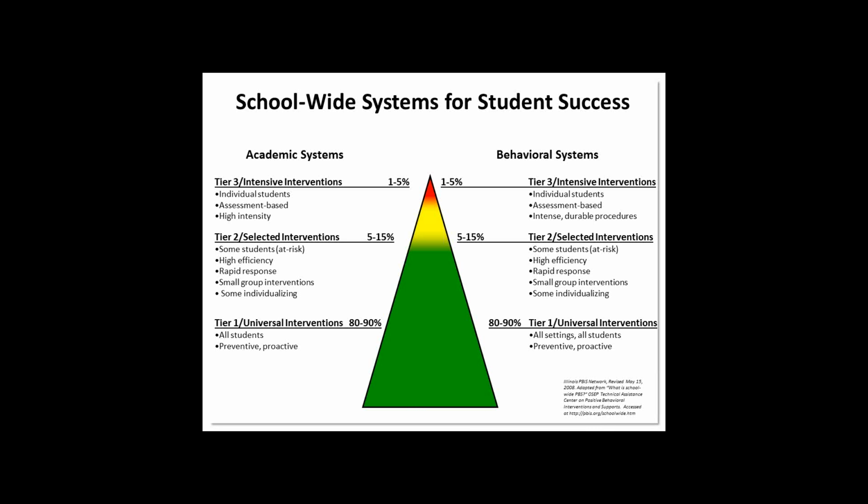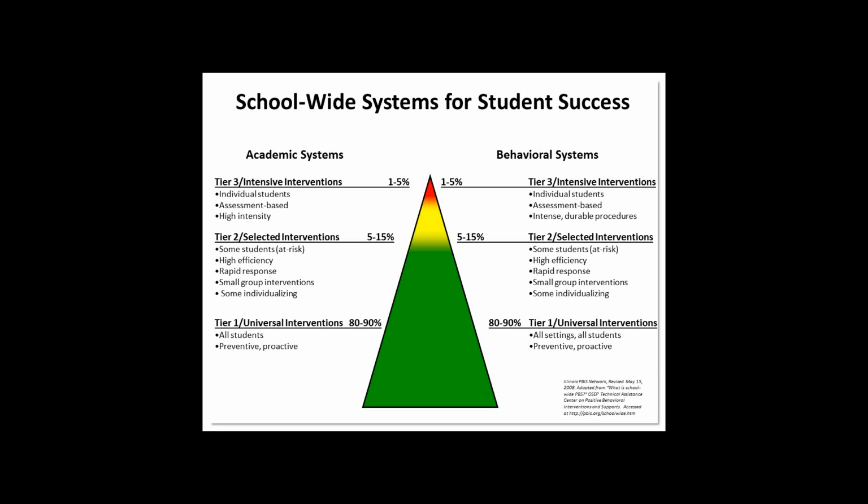And then from that, we see from our check-in, check-out data and from our universal data, we have this small group of students, and we create that SAG group, that small group intervention. Or we have some of those students that need a little bit more intensive Tier 2 intervention. And then if we're still not seeing that student improving, now we're trying to figure out, okay, what is it that they're getting out of this misbehavior? And that's where we do that brief FBA. That is still at Tier 2. It is high Tier 2.